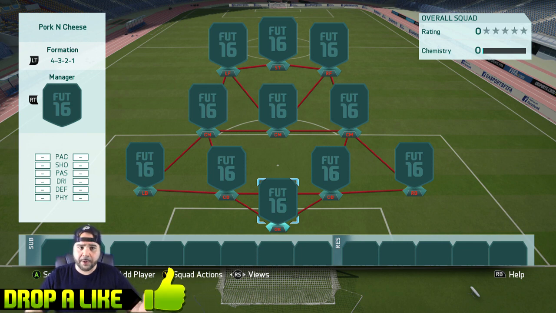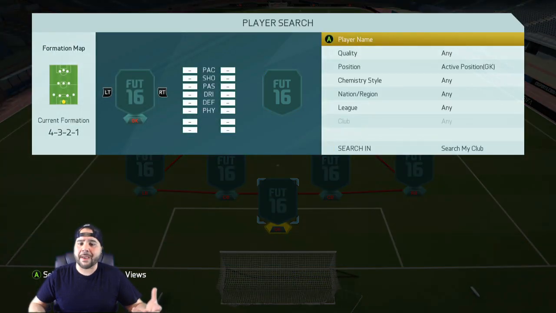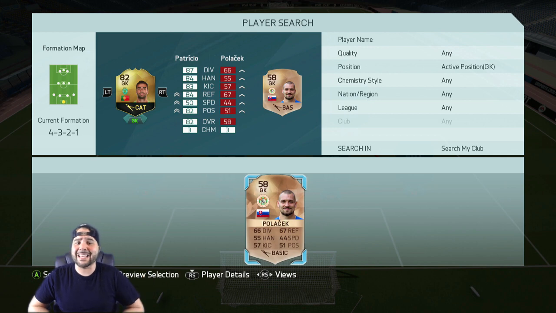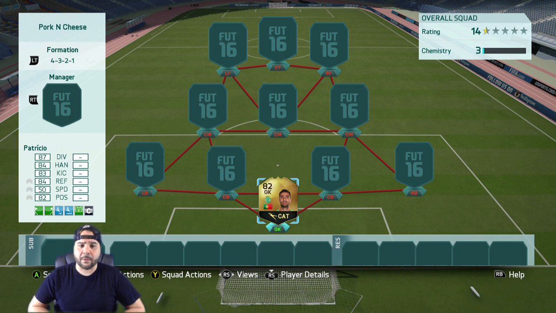For our keeper, of course, I went with one of the better keepers that we do have for the Portuguese national team, and that's going to be Rui Patricio. So I went ahead and picked up Patricio. I did pick up his 82 inform card there, so we're going to go ahead and throw him at keeper. Now, where do we want to start with? You know what? We're going to go over to...